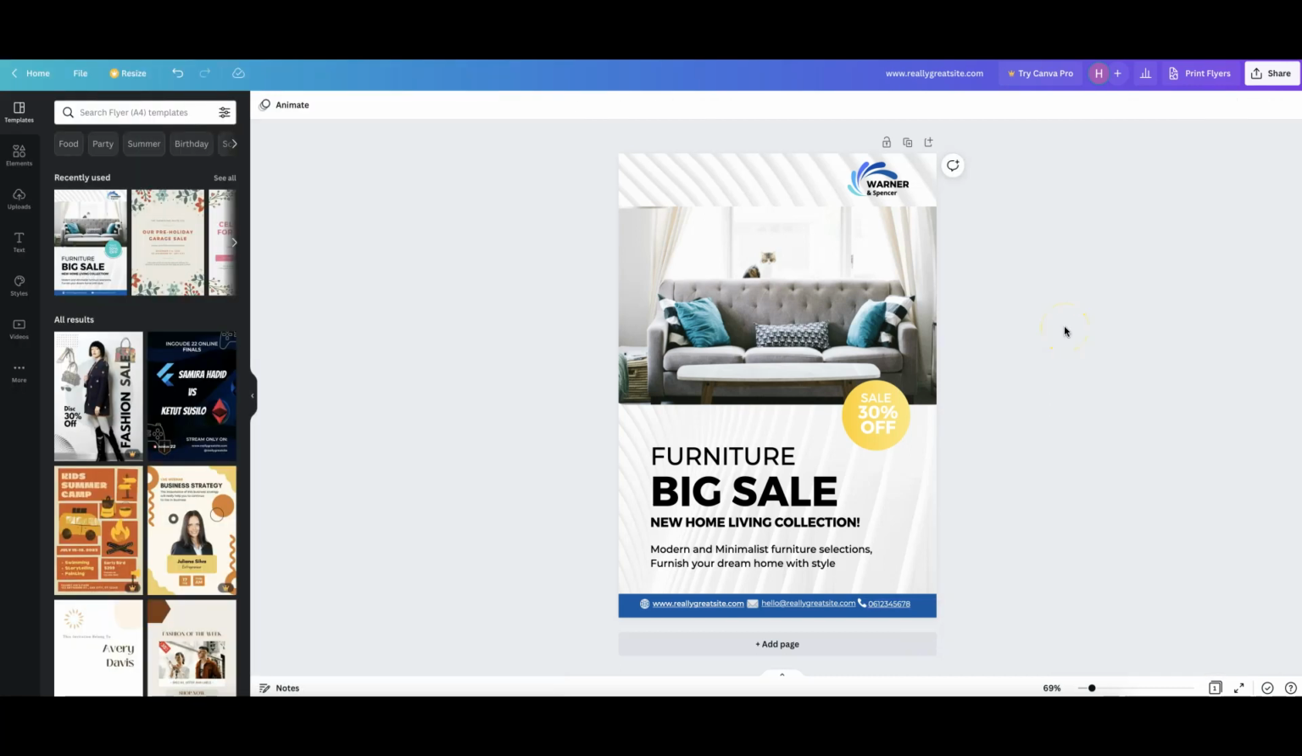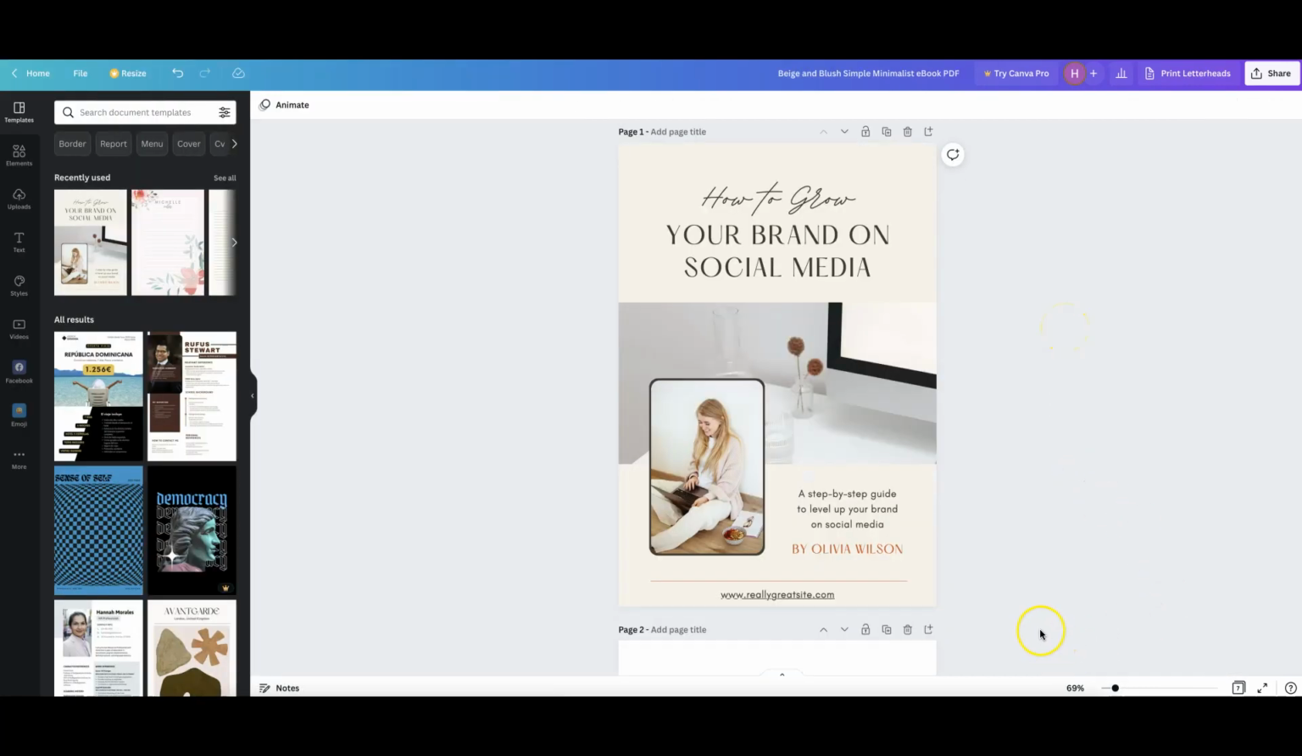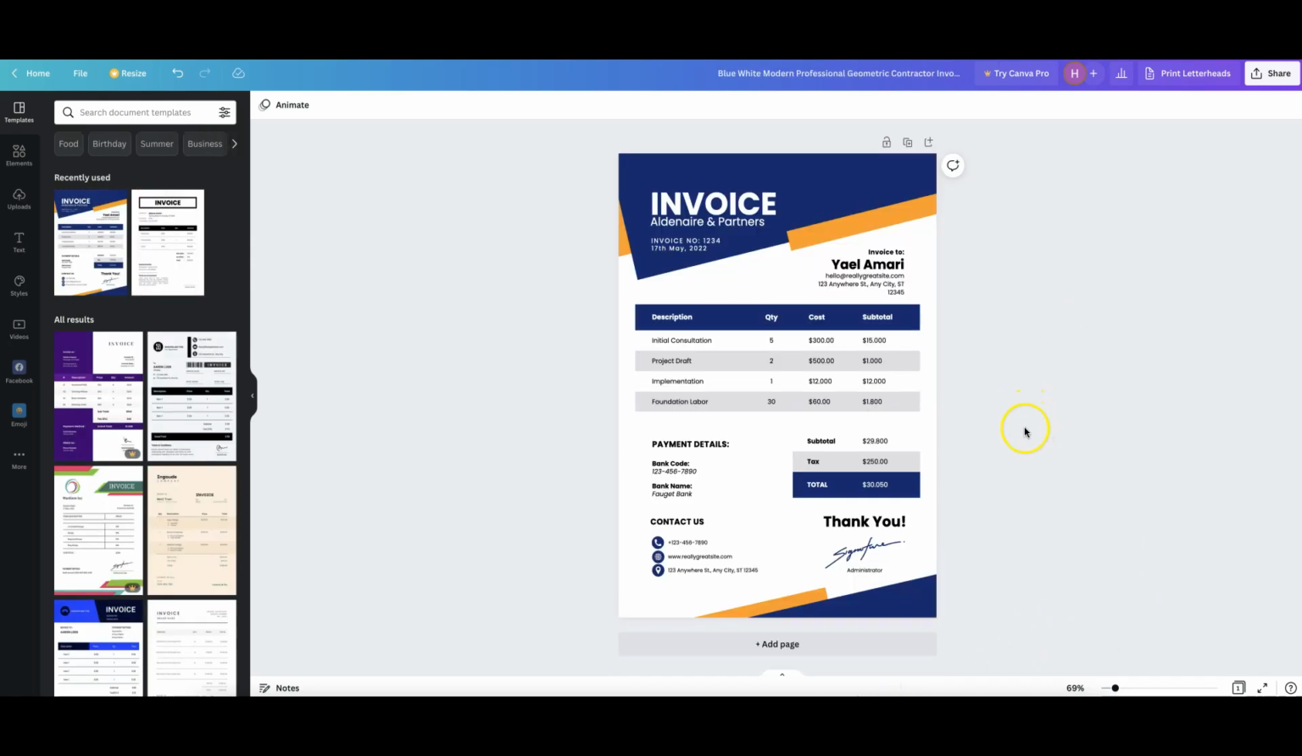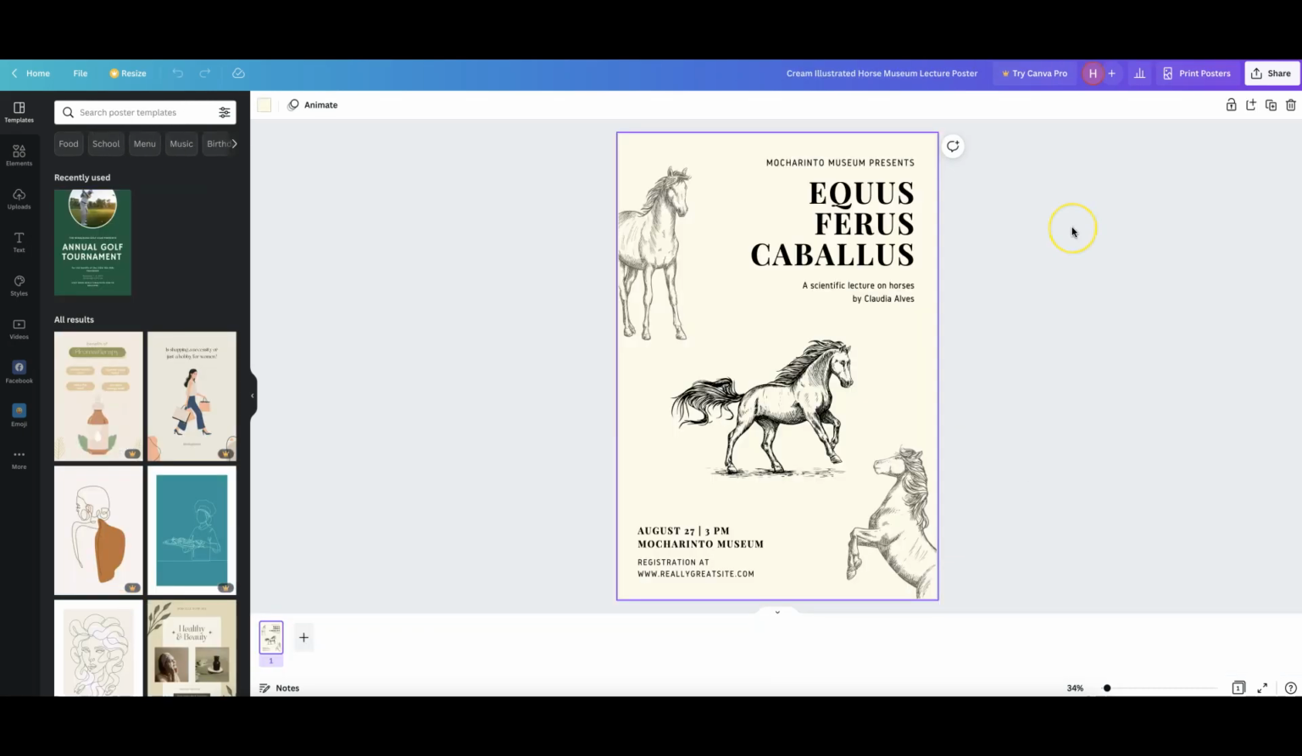So what else can you use it for? For example, in an ebook to direct them to your website. Or when you have a business, this is perfect for letters or invoices, a CV, or you could use it